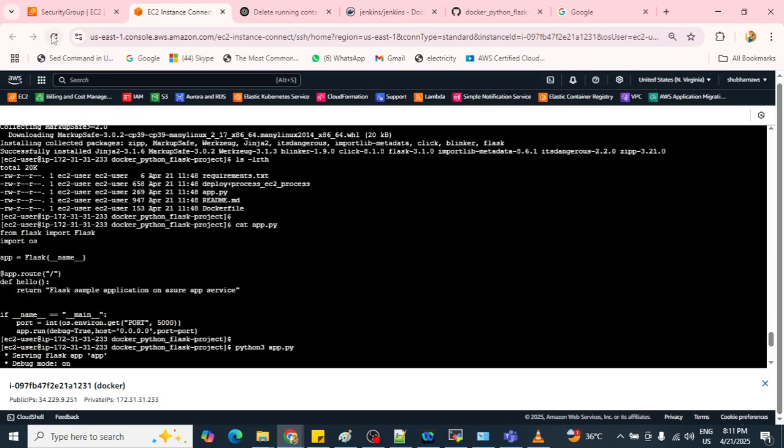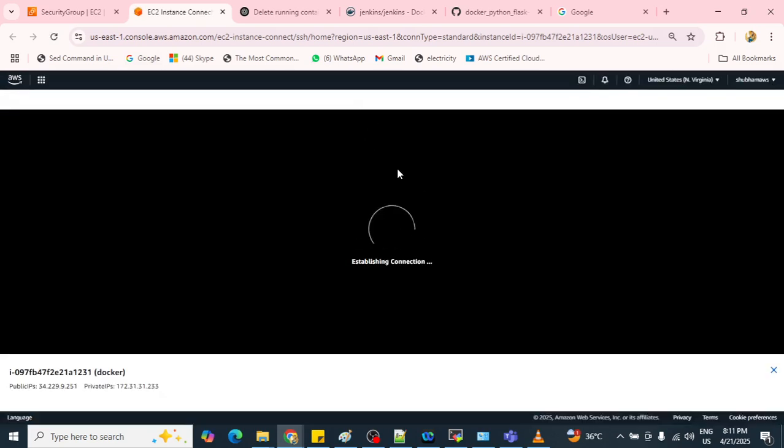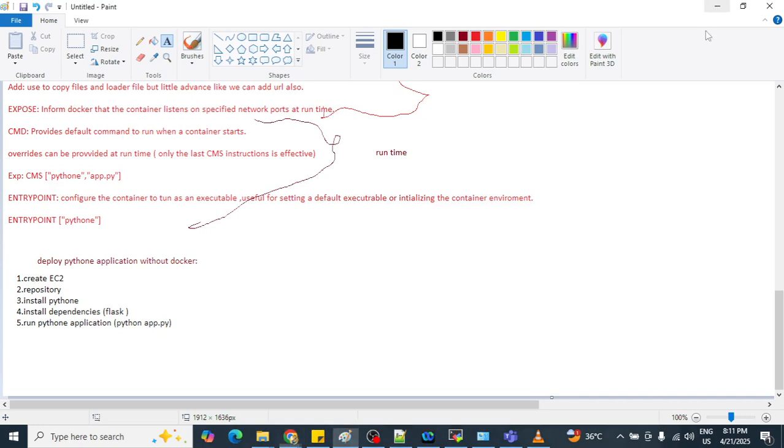Let me refresh this page. So now the same thing, if you are going to run with the help of Docker, let's see how it works.